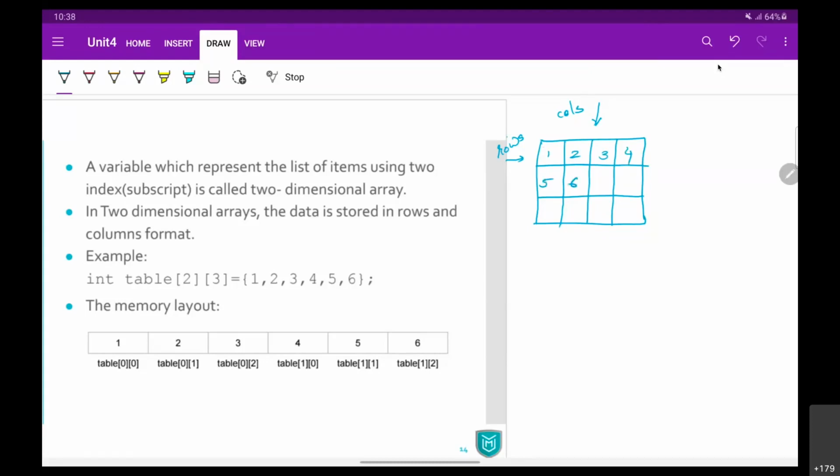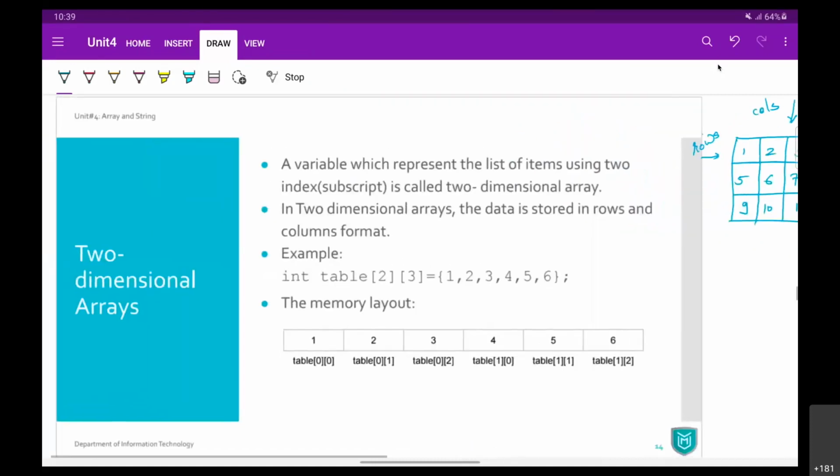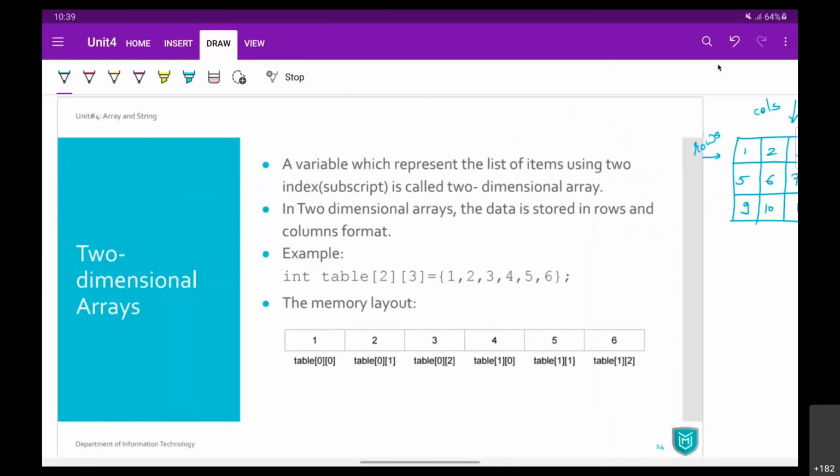All these are elements which can store any value that you want. Okay, now look how I'm giving the number sequence. First row, all the columns 1 2 3 4. Then fifth element is actually the second row, first column 5 6 7 8. Then ninth one is third row, first column 9 10 11 and 12. Okay, now this is how you can say that you have the number, you have the elements sequence. Now why? Because understand that always array is going to have a sequential memory allocation.